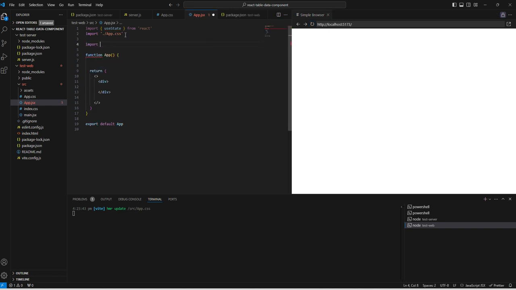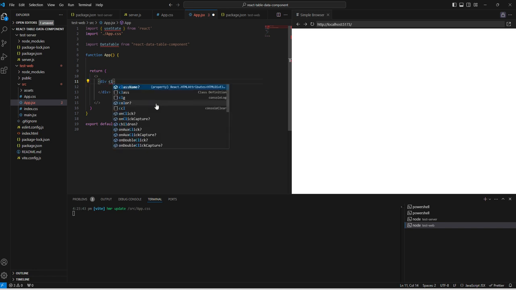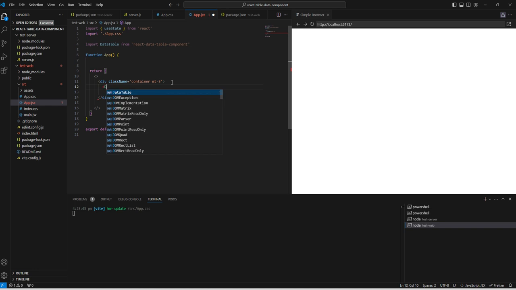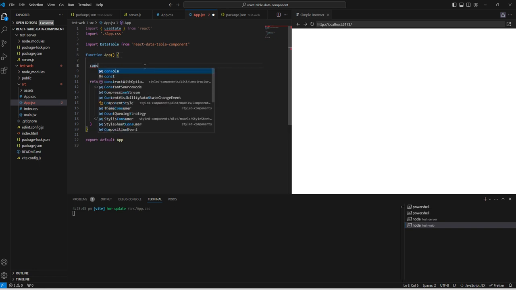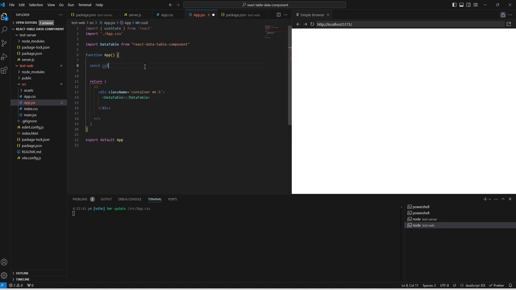So here we first need to import the data table which we are going to use from our React data table component. And here we can add some class name like container empty5, and here we can use our data table. Now this data table needs columns and data, so we can define one constant for columns, and here we